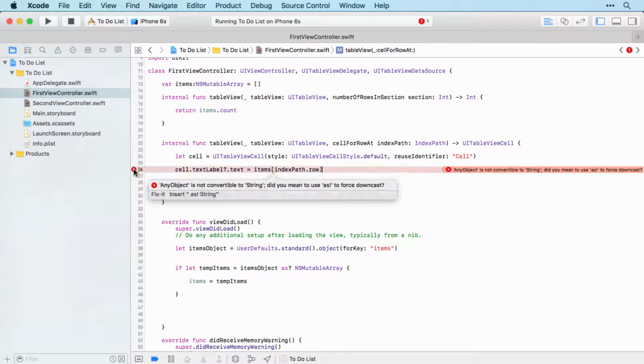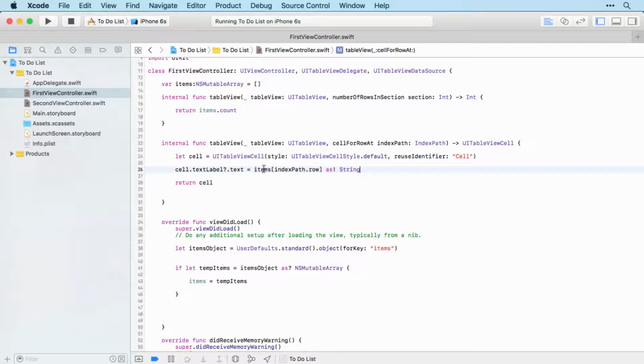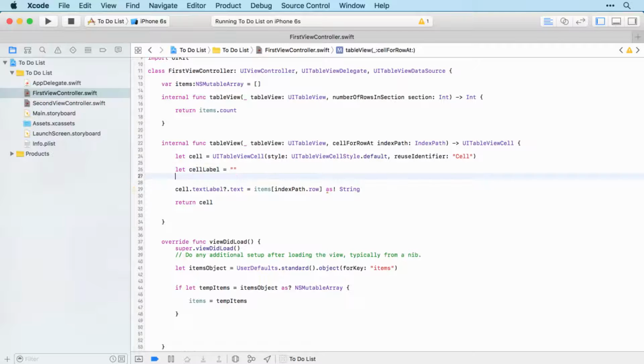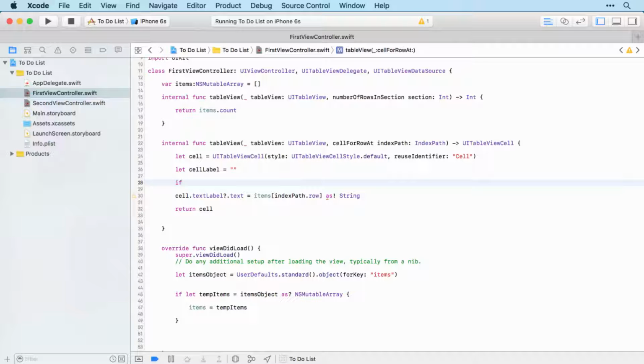Now this, I believe, is going to be an object. So we need to convert it to a string, which we can do either using String and then brackets, or as, and we can force that cast. And I know that's going to be okay because if there's anything saved in there, it's definitely going to be a string. If you really wanted to avoid using a force downcast, you could always get around it by doing something like cellLabel is an empty string, and then if let tempLabel is equal to, and here